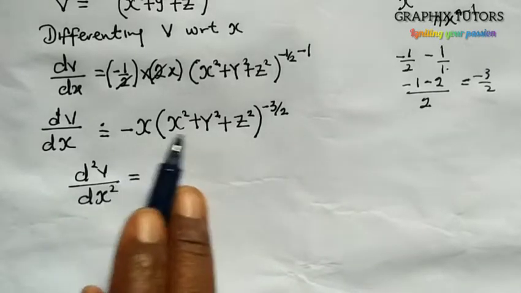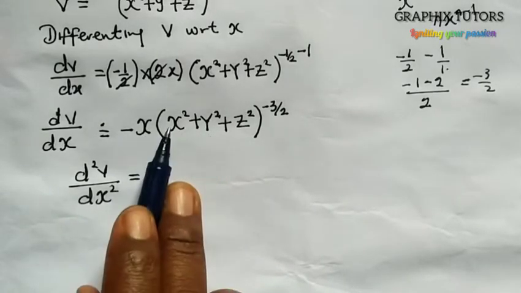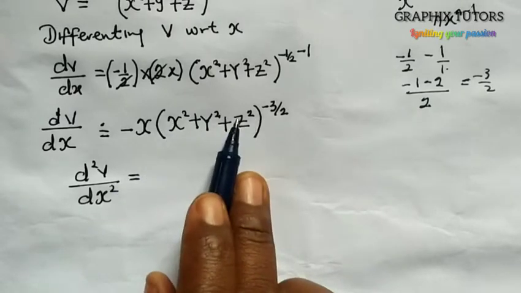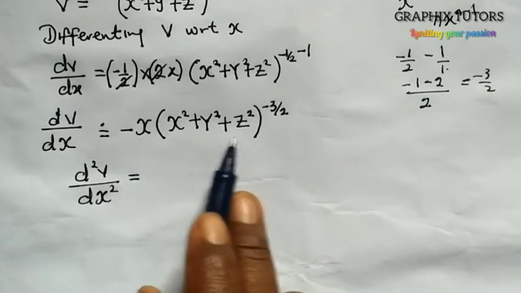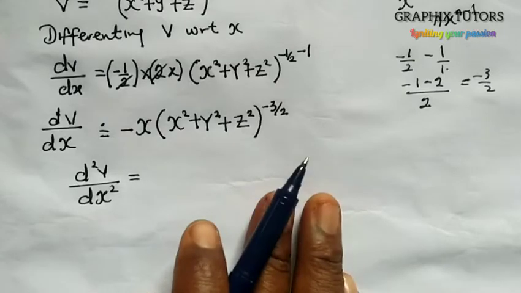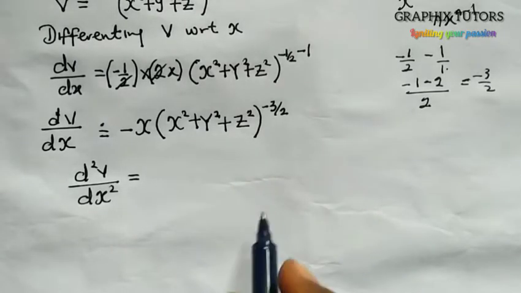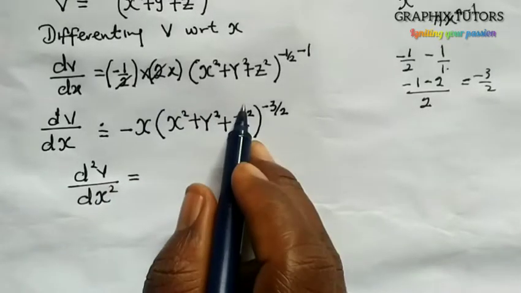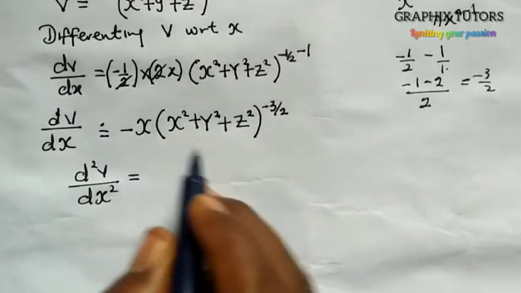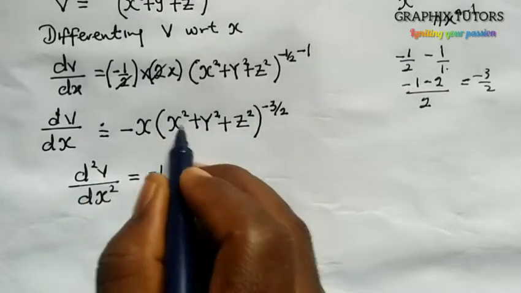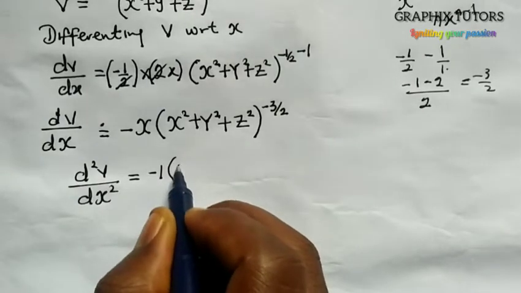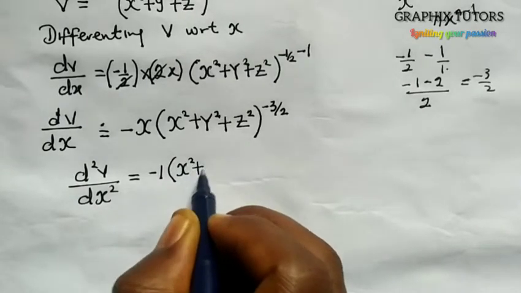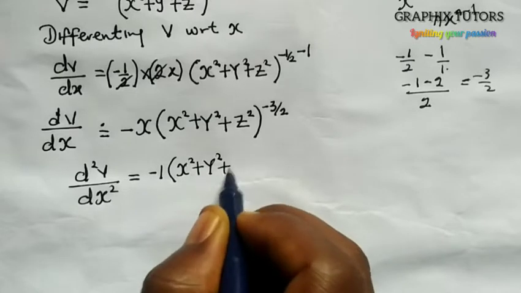We have two different expressions multiplying each other, in terms of x and in terms of this bracket, so we are using the product rule here. The short way to use the product rule is that if you differentiate the first one, you keep the other one constant. So if I differentiate minus x, I will have minus 1. I keep this constant, which is x squared plus y squared plus